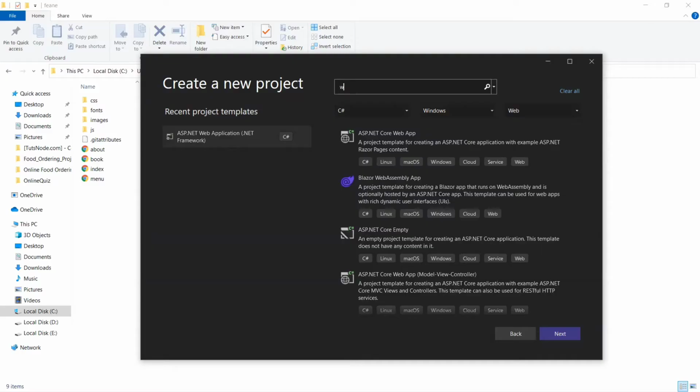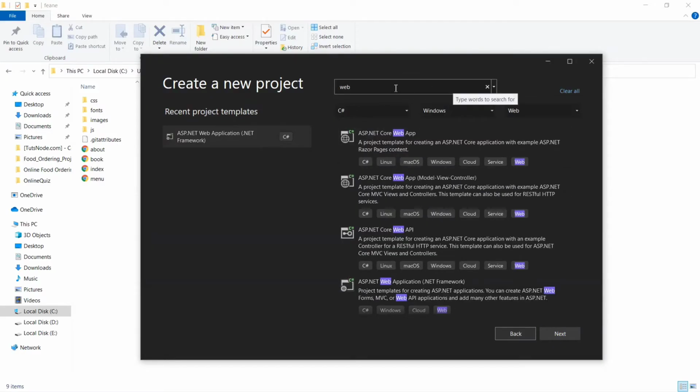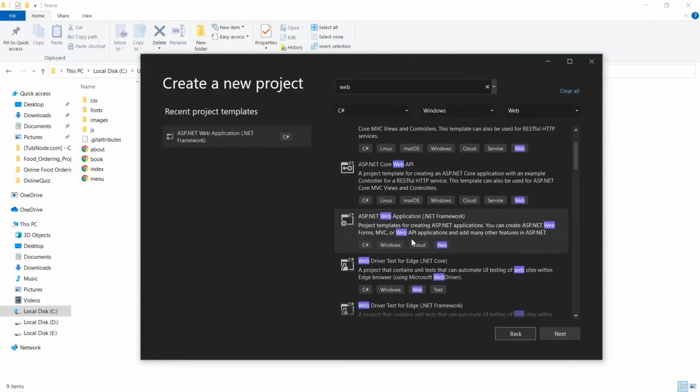Search here web. So this is we are going to use here ASP.NET Web Application, that is .NET Framework, okay, which is of language C#. Okay, so select it. Next,